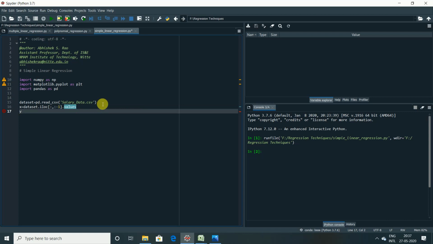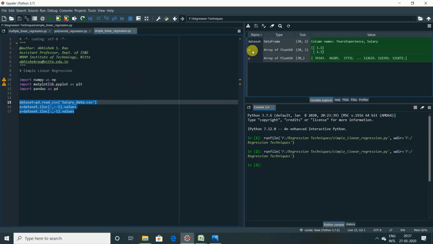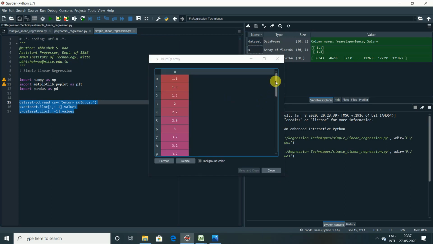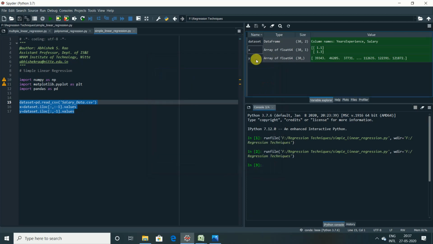Similarly, we'll go to the y. Similarly, we'll take from the data set dataset.iloc. We require all the rows and only the last column, that is :, -1, and all the values corresponding to that instance, right? We're done. So let us execute these three lines and we'll see the data frame once just to verify, and as you can see, it has been imported successfully. Altogether there are 30 observations and only two features, and similarly in x we have only the independent variable as well as in y we have only the dependent variable. So till here I hope you all understand.